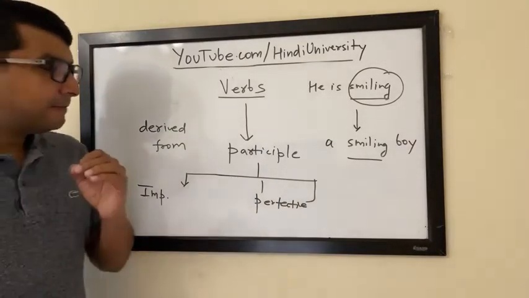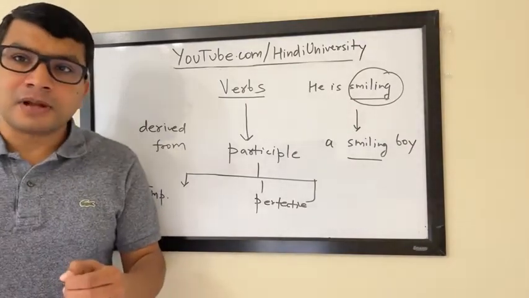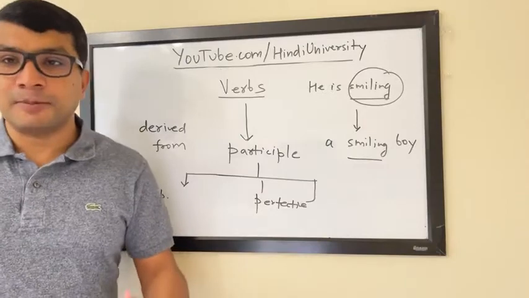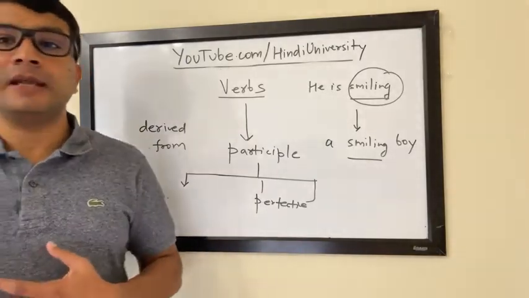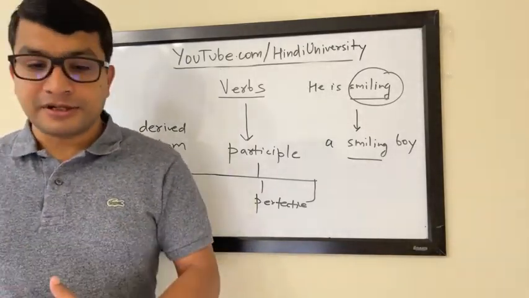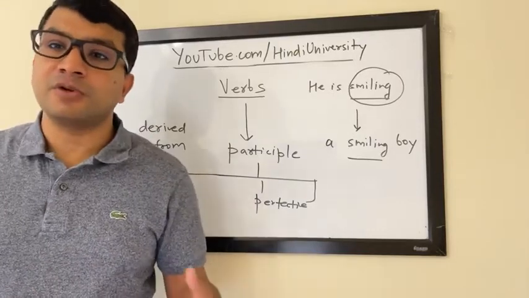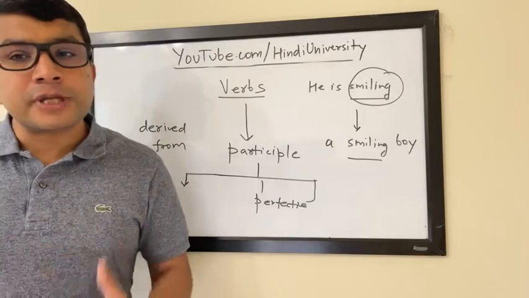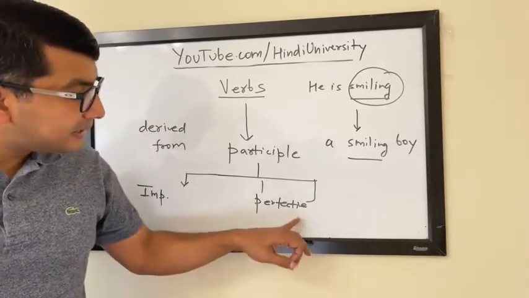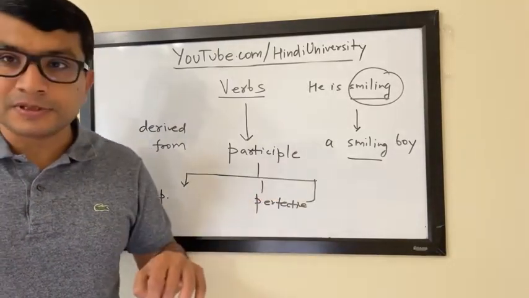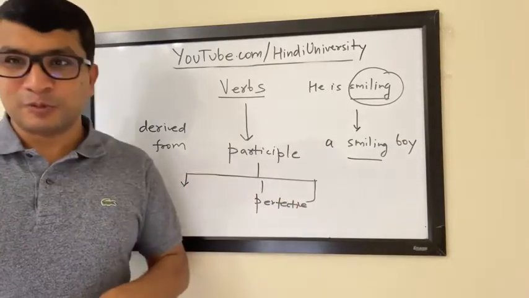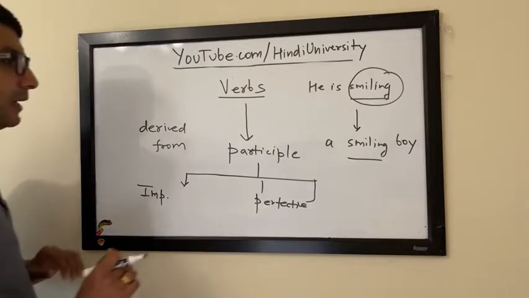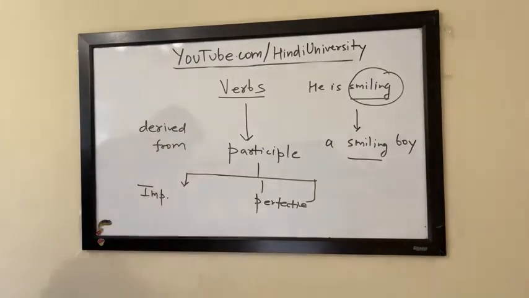Okay, the previous class was about how, if you want to show passage of time, such as you've been doing an activity for 5 years or 10 years, or you stopped doing certain activities for a particular time period, those cases can be easily described using participles, which are derived from the verbs. So that was sort of a summary. To give you more examples here,